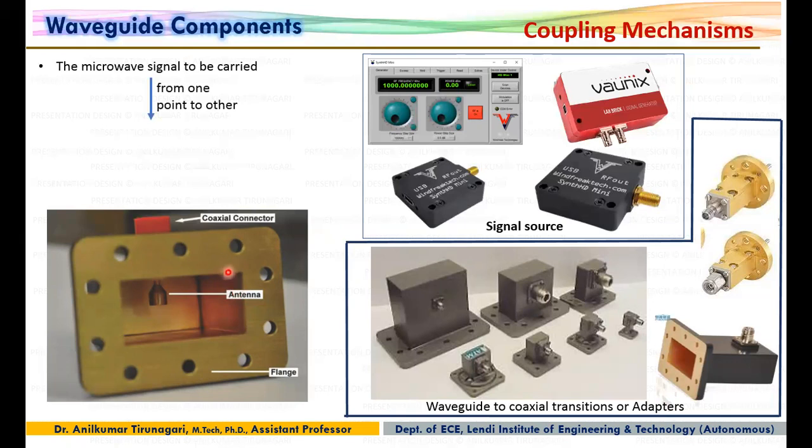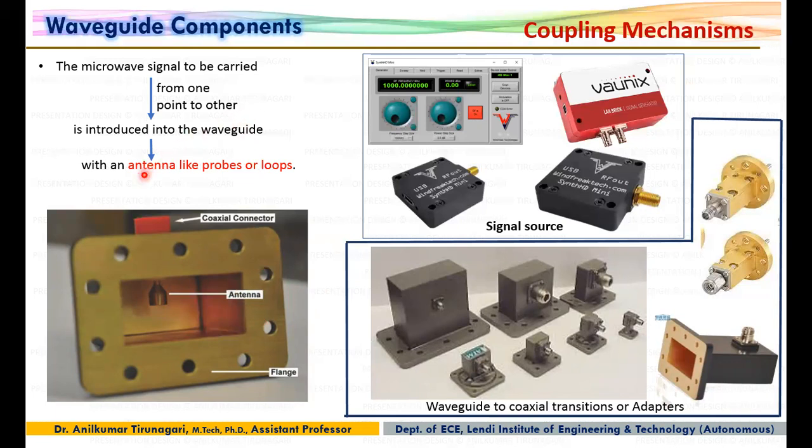The microwave signal to be carried from one point to another point is introduced into this waveguide with an antenna like probes or loops. So here we will use an antenna, or we will use a simple probe, or we will use a simple loop. Already in the antennas and wave propagation subject, we have seen probe type of antenna, loop type of antenna, wired antennas like that. Why? Because in waveguide, the electromagnetic form of the signal will be transmitted. That is, the wave will transmit, not the electrical form of the signal.